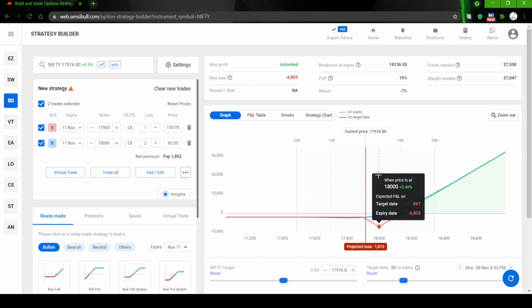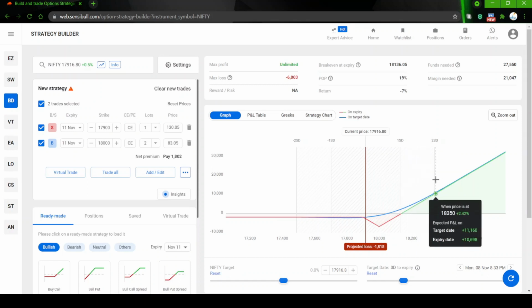So if your sell strike and buy strike are narrow, your loss is less. If your sell and buy strikes are a bit wider, your loss will be more, but you will have downside protection. On the upside, you don't need protection, because upside is profit; this is a bullish position, right? Upside profit is undefined. You can always have a bigger profit. If the market tomorrow moves to 18,400 by the expiry time, you will have a super duper profit of about 11,000, 12,000 rupees. What you have paid is about 1,800 rupees. So it is 10 times more profit, right?